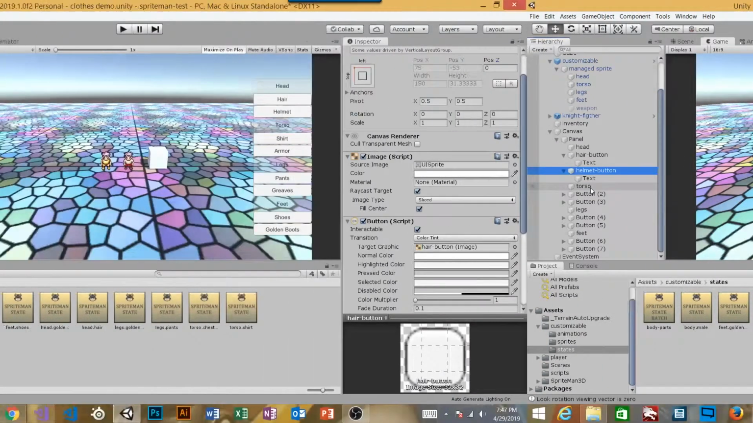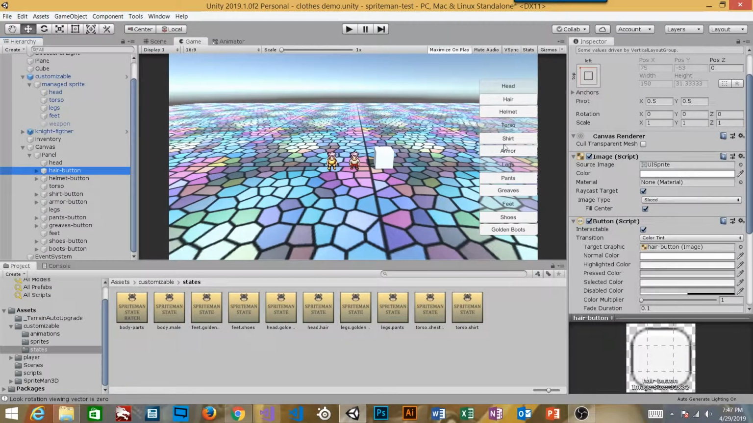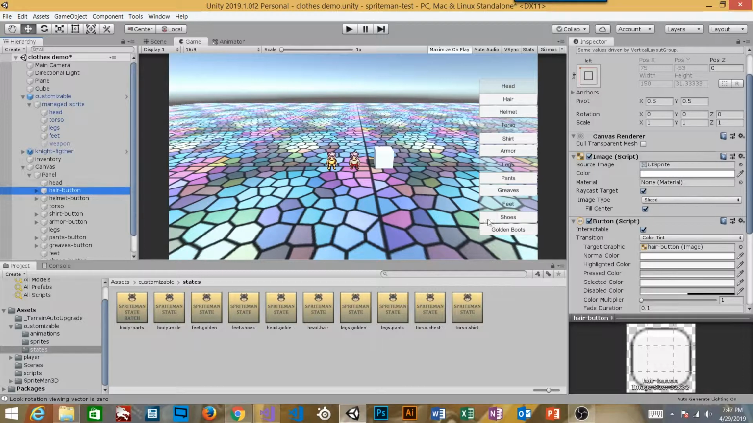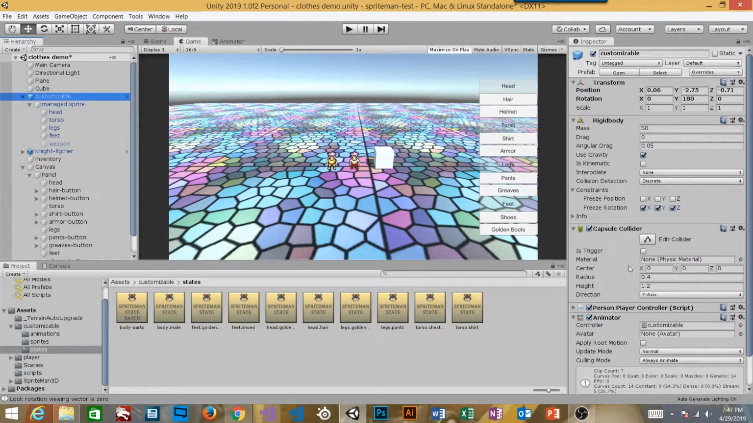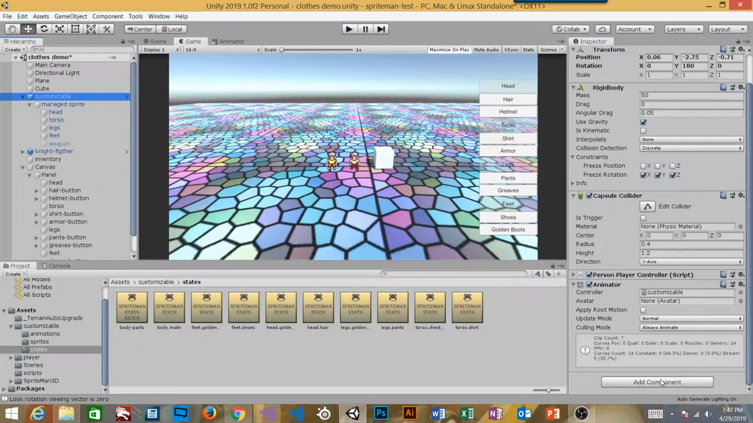Okay, now that we've named all of our sections and all of our buttons, we need to create the script commands, and we're gonna run everything off of here, off of clothing inventory. But before we continue with this script, we're gonna create another script on our customizable character